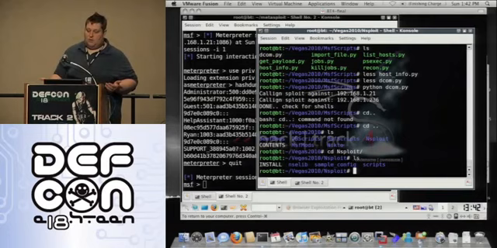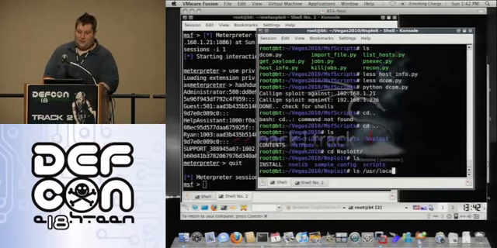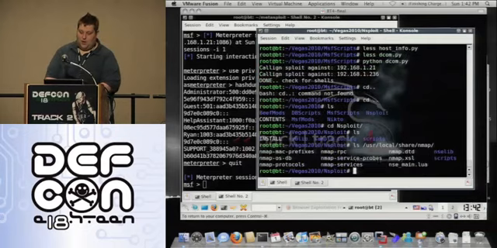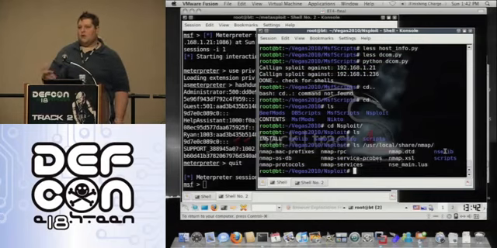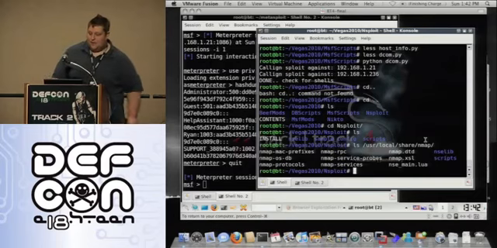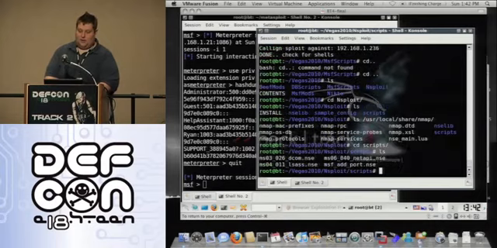So for this, when you drop it in, you've got two separate directories. You've got your NSElib and you've got your scripts. So my nmap is installed in user local, and so if you look in user local share nmap, you'll see that there's two directories which correspond. The NSElib, which is all of the core libraries that the other scripts use, and then the scripts themselves. And so pretty much you copy everything from NSElib in the Nsploit distribution over to NSElib, and everything from scripts to scripts. And so when we look in scripts,